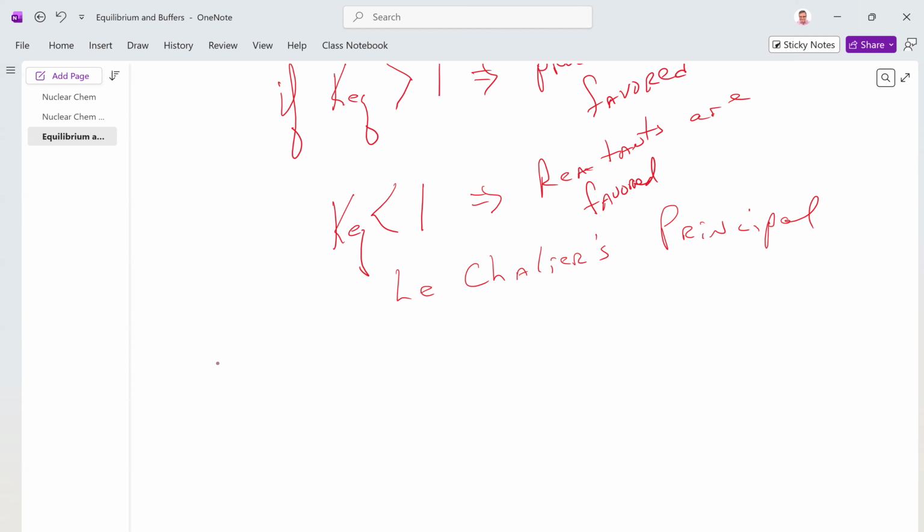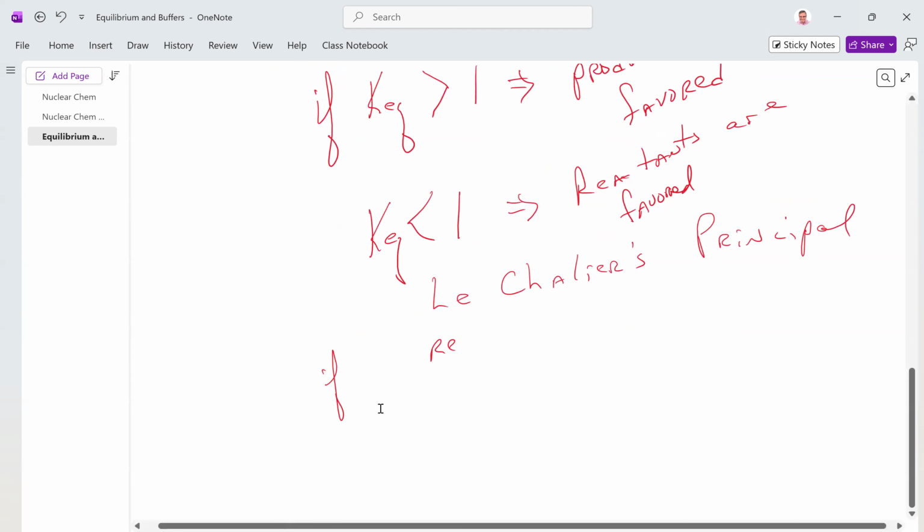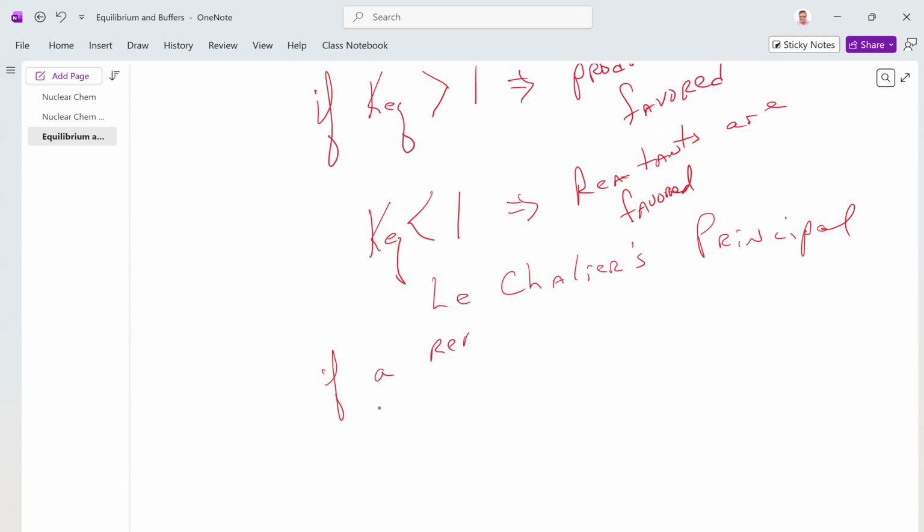Okay, and basically it's, if a reaction is perturbed, and what I mean by perturbed means messed with. Okay, sitting at equilibrium, all of a sudden you throw in something. Okay, the reaction